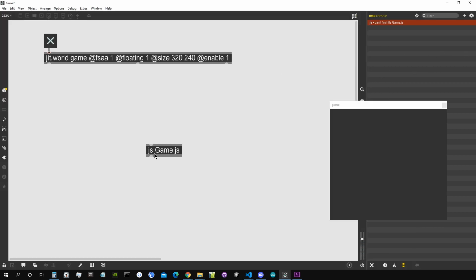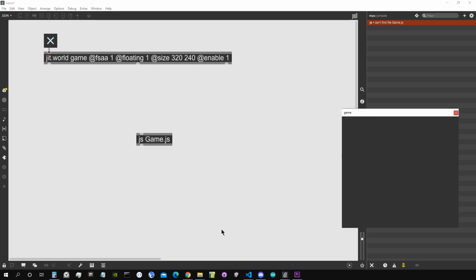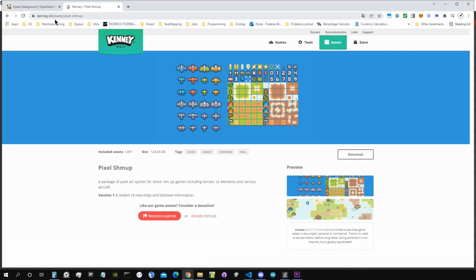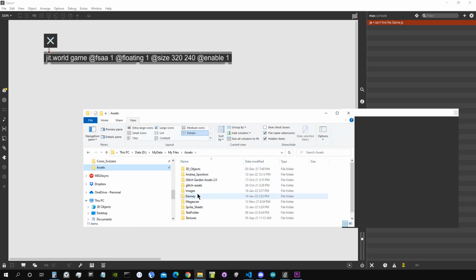Great. So first thing we need is some sprites for our game, some assets. And there is this great website, which is called Kenney.nl, so Kenney guy. It makes a lot of assets for video games for free, so that's amazing. You can support him on Patreon, him or her. And then here we can download these sprites. So that's what I've just done. I downloaded this package, which is a couple of images. So I put it here in my asset folder, Kenney,